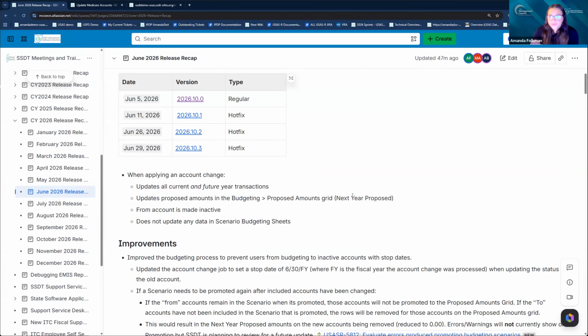And before talking specifically about the updates, again, a lot of this has to do with account change. So this is sort of a precursor. When applying a normal, general account change, the overview of what it's doing is that it updates all current and future year transactions. So at this point, if they're in 27, there's not a future year. But if you have districts that are still in June of 26, finishing up their fiscal year, or in the future, if that's the case,